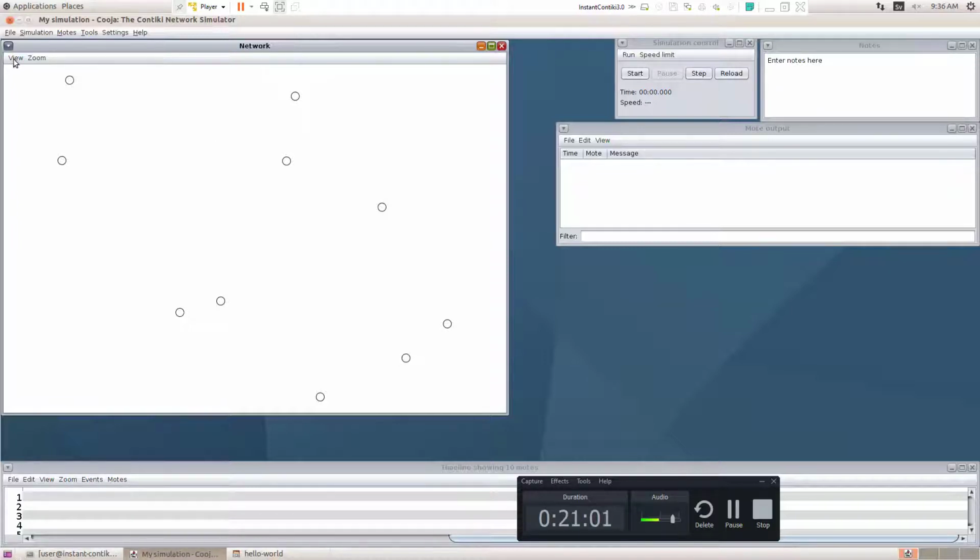Now you can go for the view. I'm going to take only the printf. That means I want to print only the message. Then if you want, you can take the mote type also, it will be better. And mote id also we can take.